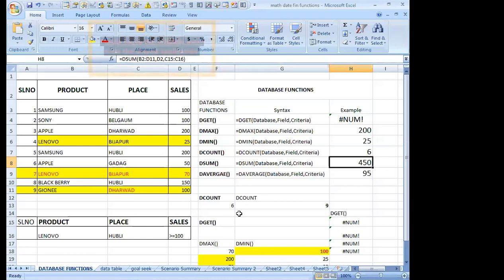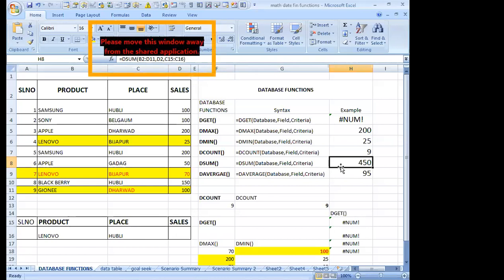If I'm changing this, see, I changed it to sales. What is the answer? See here, it is the sum of sales in the database. It is displaying 450. What is the condition here? What is the criteria?